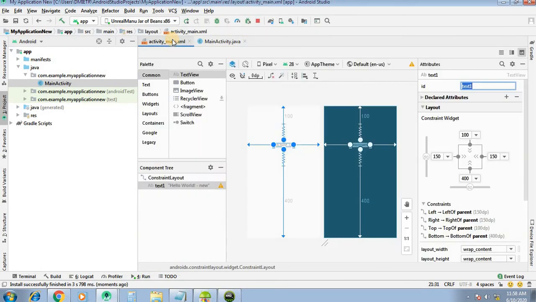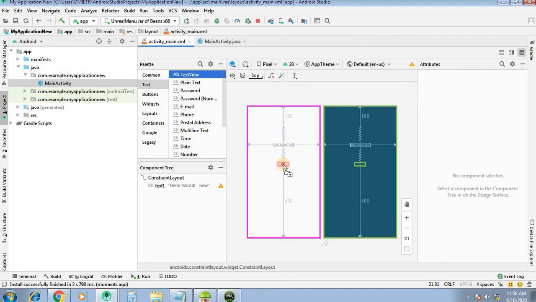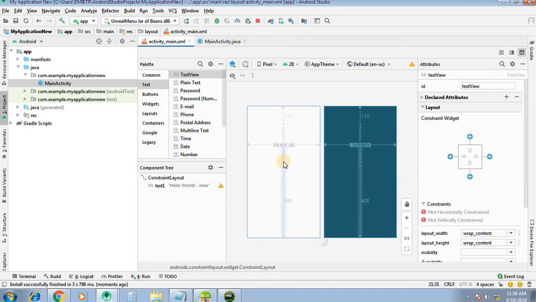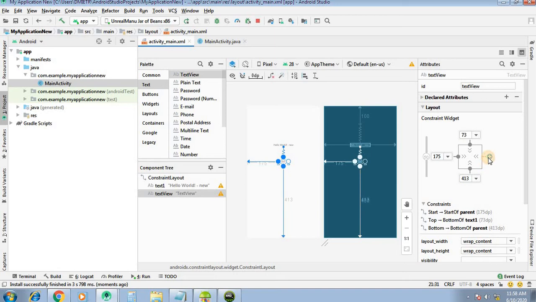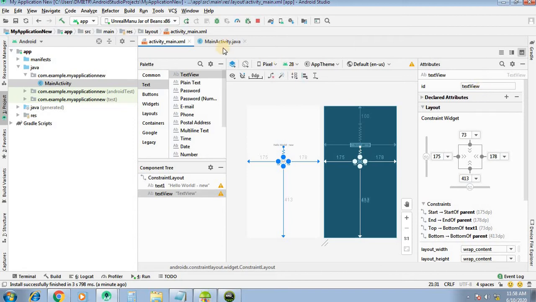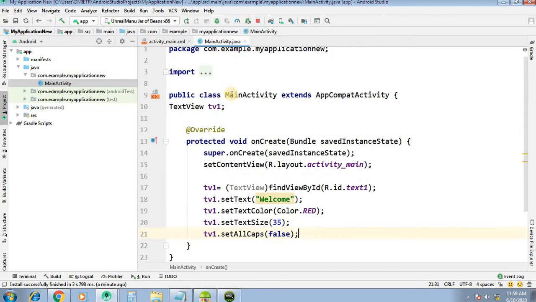Suppose we want to add one more text view, so go to the palette. From the palette select Text, and from Text select TextView, drag it and put it below this text view. And set the coordinates of this. We are setting the coordinates, and the id is textView. So we will access this text view.